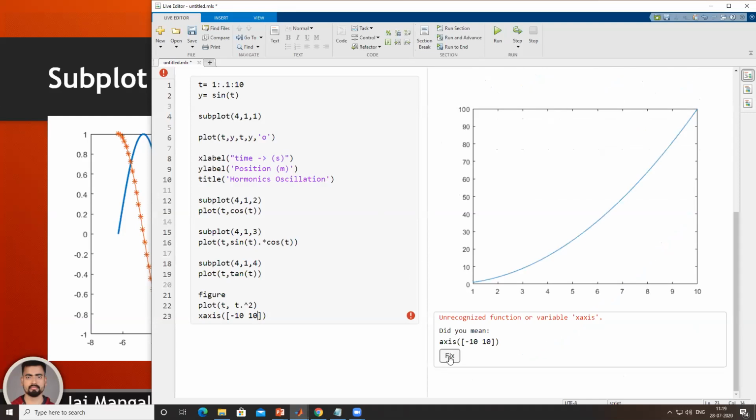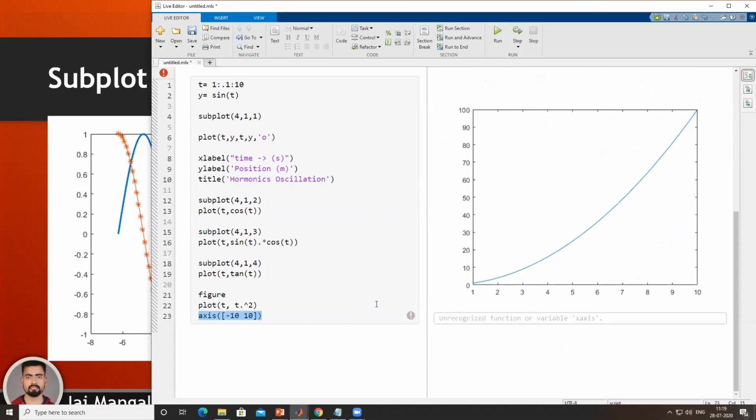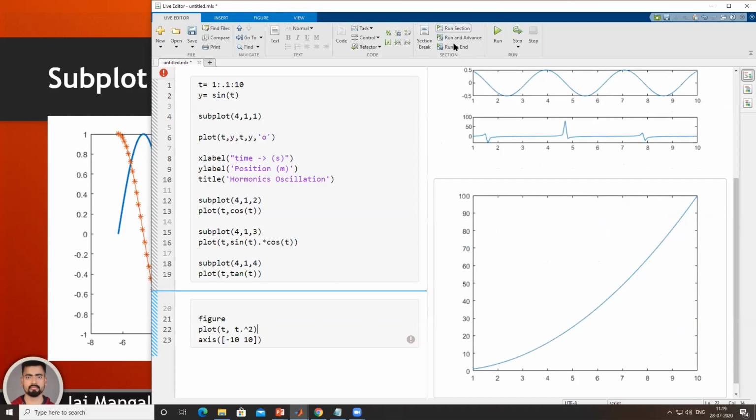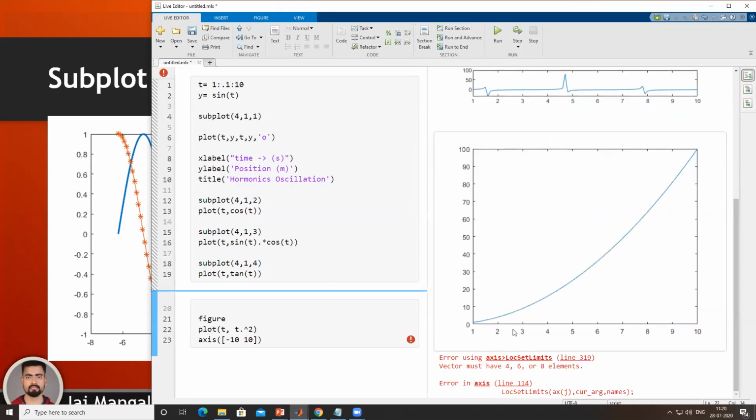Okay, sorry, it's not x-axis, just the axis command is fine. And I'll run this. Let me apply the section breaker, so I don't have to compute it from the top, just the last part. So what it is saying is the vector must be 6, 4, 8 elements.